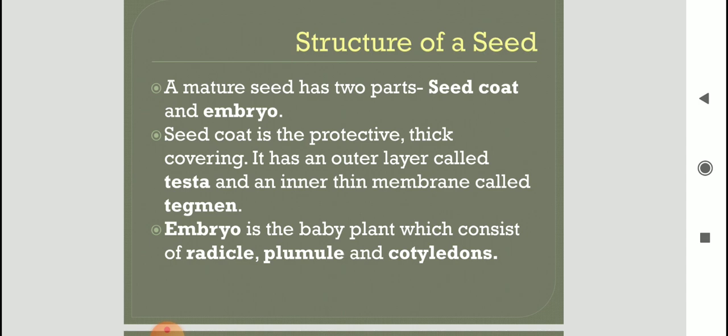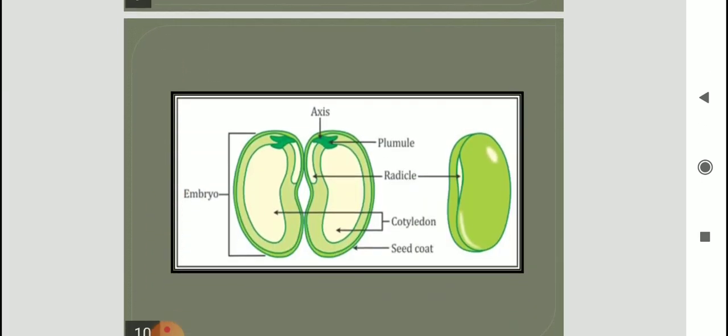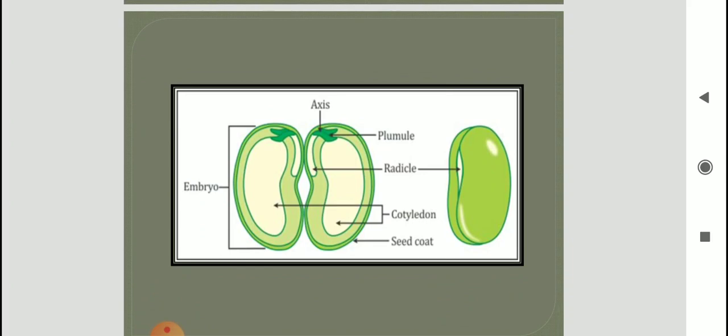And what is embryo? Embryo is the baby plant. Okay, when the seed coat will rupture, the embryo will develop into the plantlet. So inside the embryo what is there? There are 3 major things that you will find: radicle, plumule and cotyledons. Children, radicle, first we will see this. Okay, see on the right hand side you can see one seed. Okay, when you will open it, inside you see there are 2 cotyledons, then there is radicle and plumule. Alright, the seed coat is also visible.